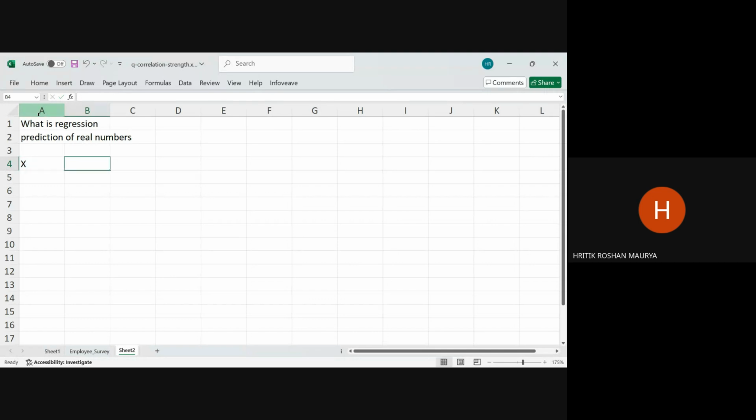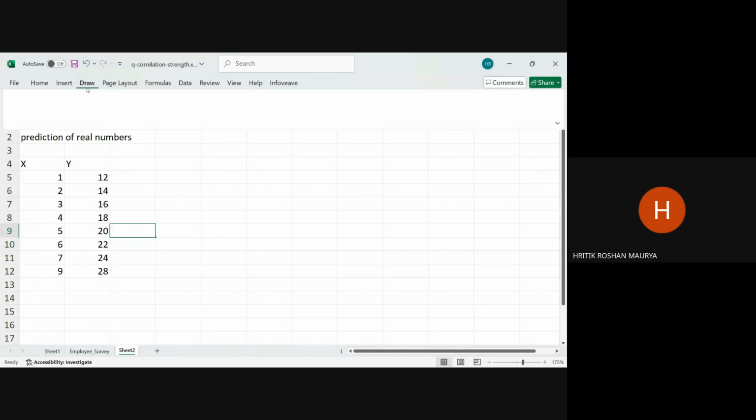Suppose I have an x value, and then I have a y value. I have x values as follows, and the y value depends on x. There is a slope: 2 times the first value plus 10. So the y value depends on it. If I draw a straight line graph between them,